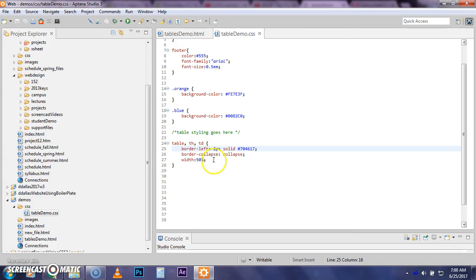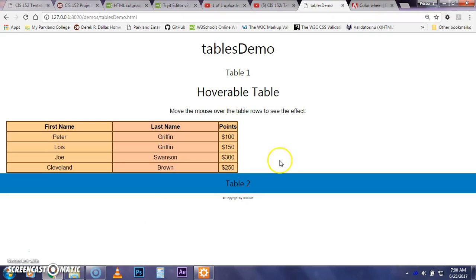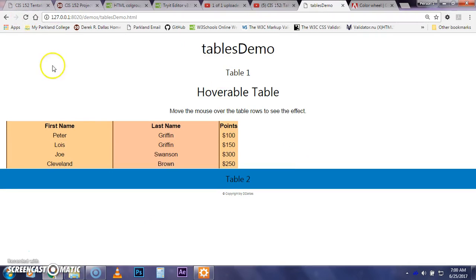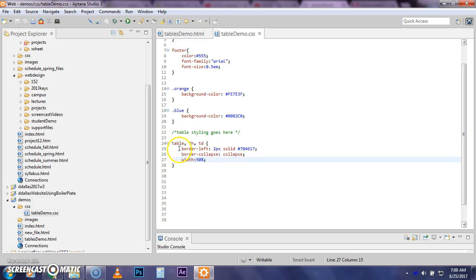Control save, and let's see if I did it right. I always want to test it out. Yeah, so I've got my border left, and then I'll put a border bottom on there. And anyway, you can just continue to work with this. Control copy, border. I like going alphabetical, border bottom,